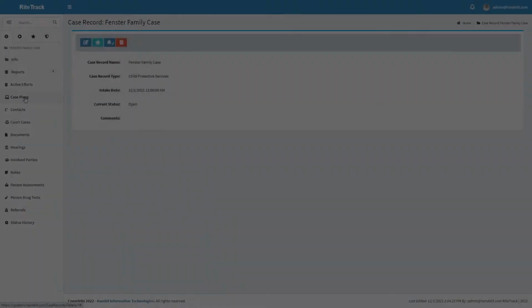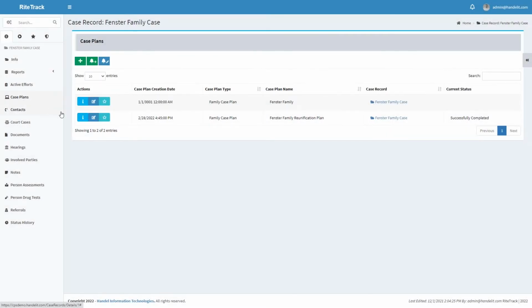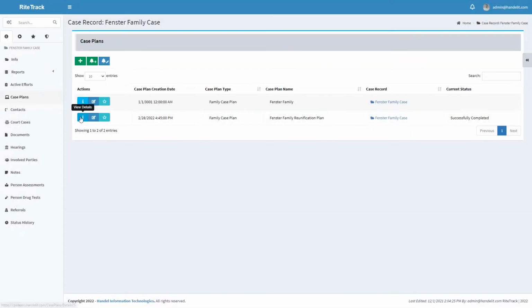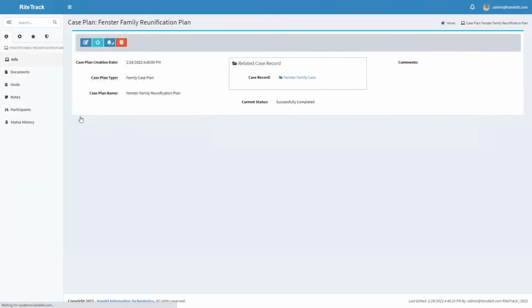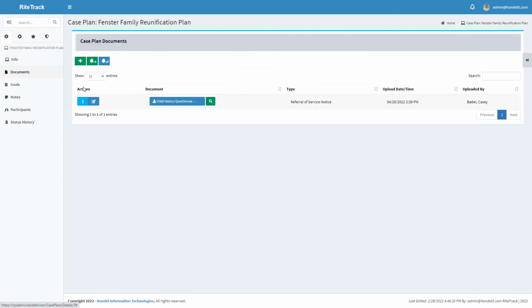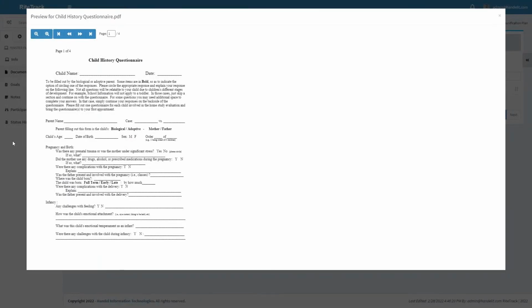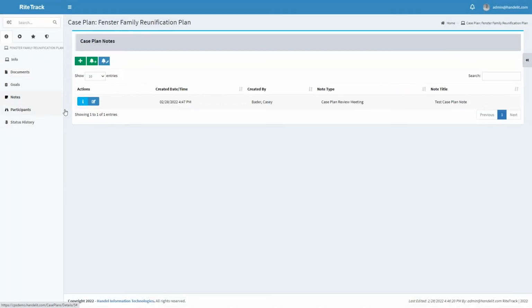Case plans, available on both the person and case records, are an example of a RiteTrack record that, when opened in the detail view, contains a wealth of additional information beyond just documenting that a plan exists. Within the case plan record, we find summary of information about the case plan and what type of plan it is, external documents that have been imported into the case plan record, notes that have been entered on the case plan,